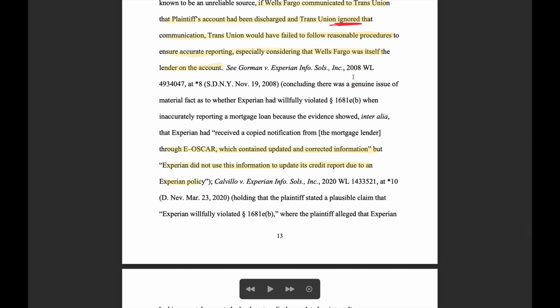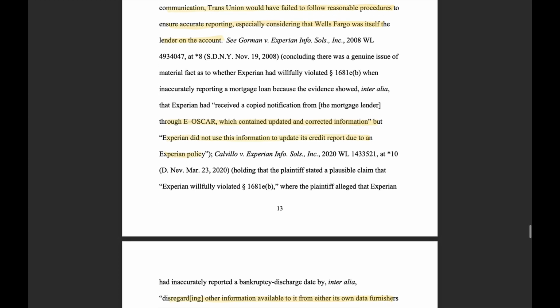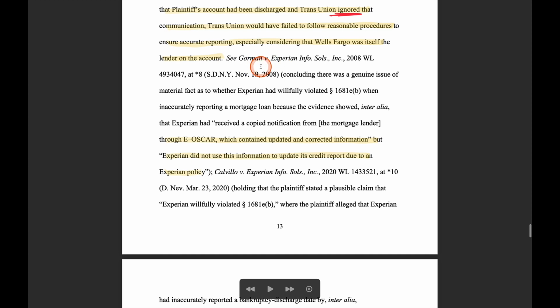So you see what the judge is doing. He's just saying, hey, the plaintiff has alleged three alternatives. Let's look at number one. Yep, that would qualify. Number two. Yep, that would qualify. All right, and then he's going to give just a cite here. This is from New York.